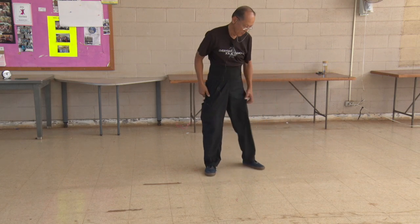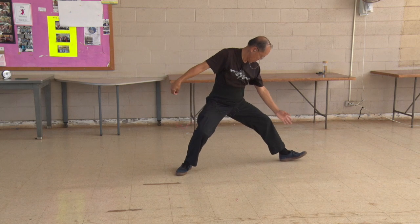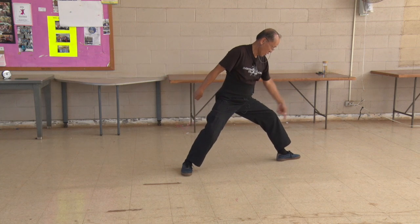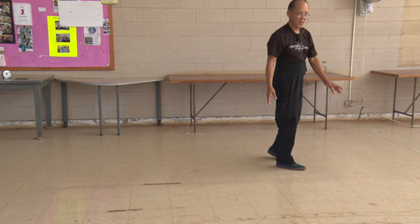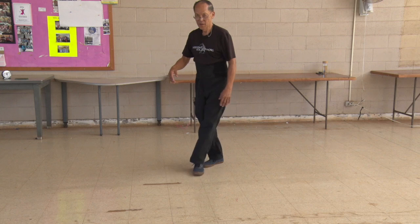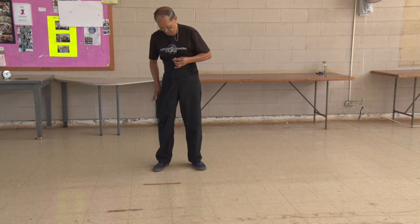Okay? But one of the keys, and I still have difficulty, is trying to get this foot beyond straight. Here, it should be out here, sort of going in that direction, because then you can come up. You get a little better balance. If you go straight, like you saw me at the beginning, I'm sort of falling to one side. So it's just exercise in evolution and understanding what your body is capable of doing. Okay, well,